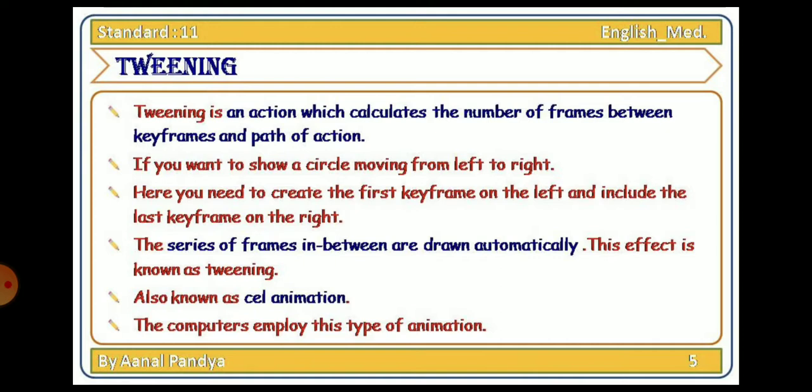Whenever the circle moves from left to right, you have to define the starting position and ending position. The in-between frames are drawn automatically. It is also known as cell animation, and the computer employs this type of animation, and how many frames are automatically inserted depends on the software and the software type.